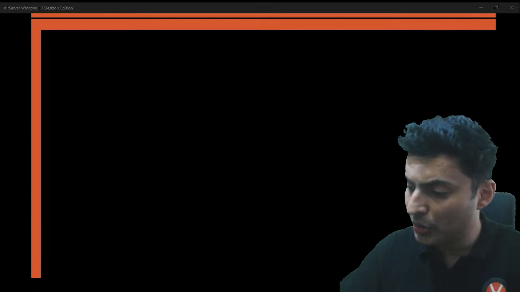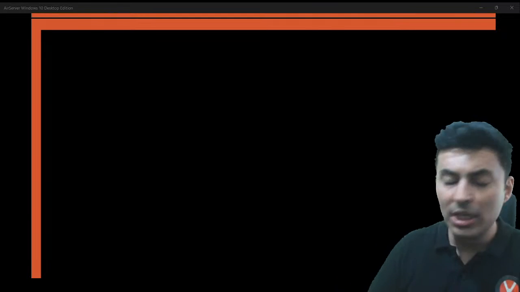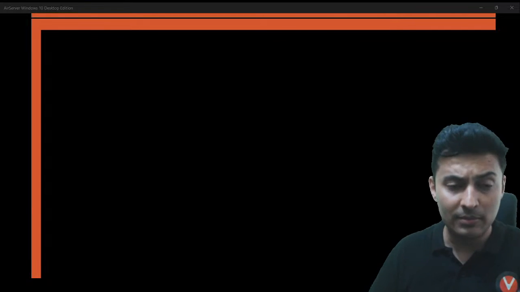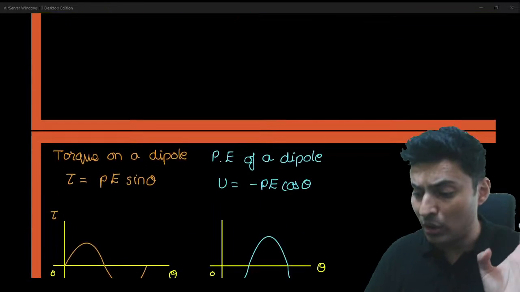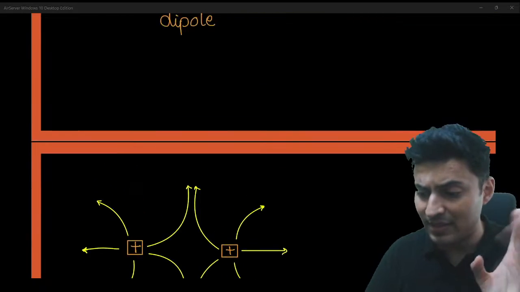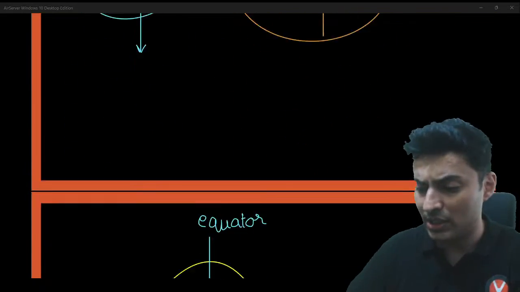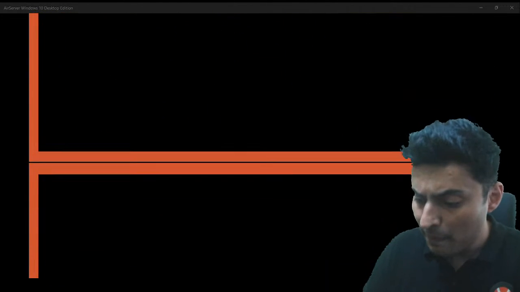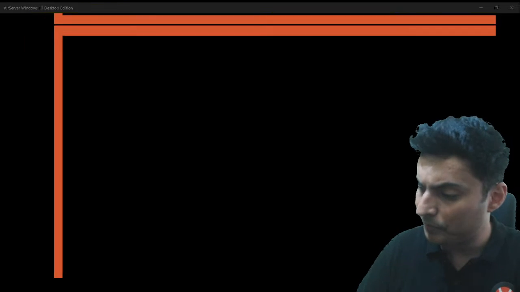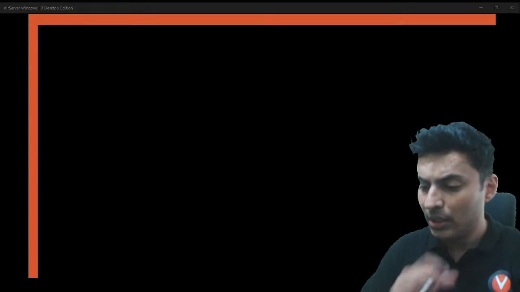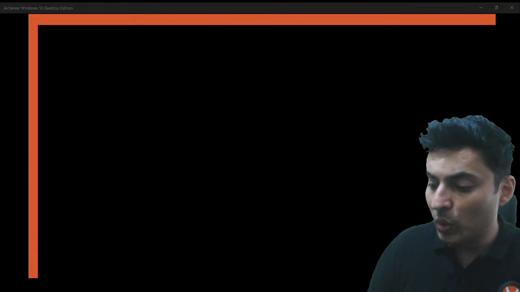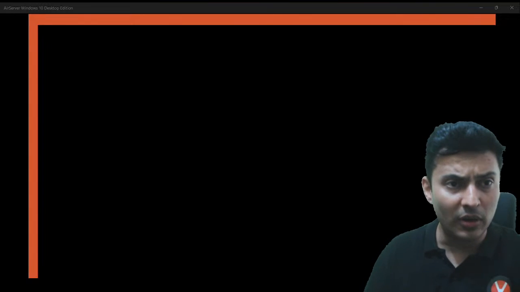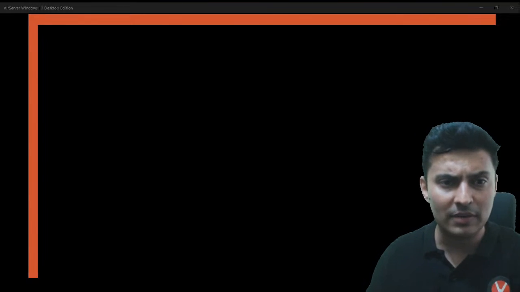Now, the next graph which you should know. So we have done force, field, potential energy and potential, and even torque and energy of dipoles, as well as field lines and equipotential lines of charges. These are some important things with regards to standard electrostatics. Moving on now to the next part. What is the next part? We have Gauss law. Gauss law already includes the geometries which I have just told you.